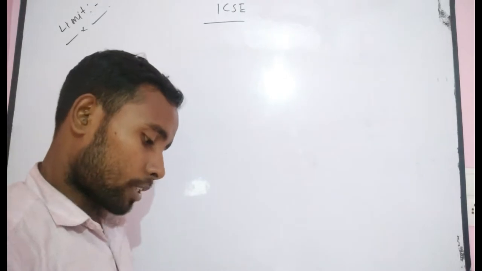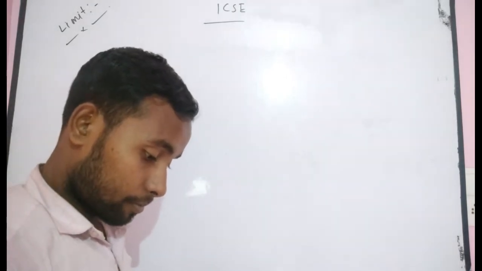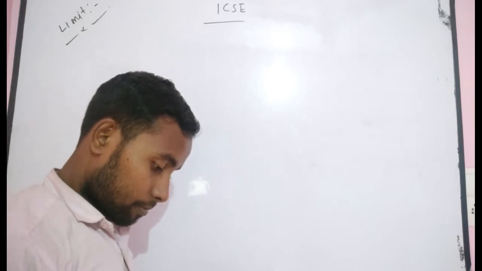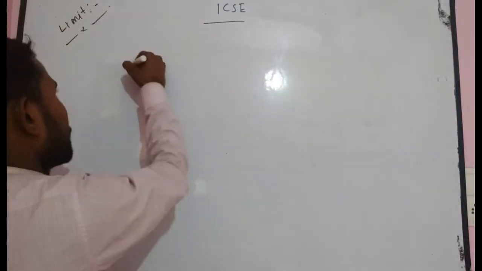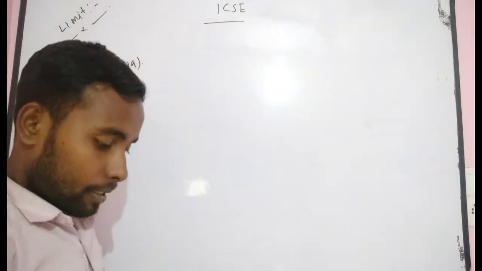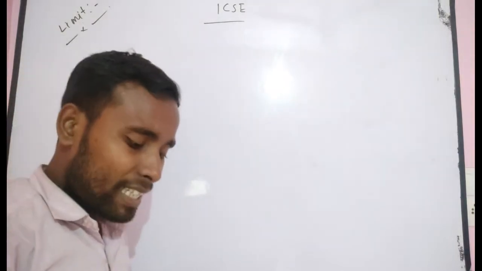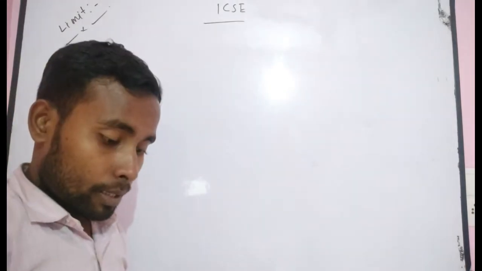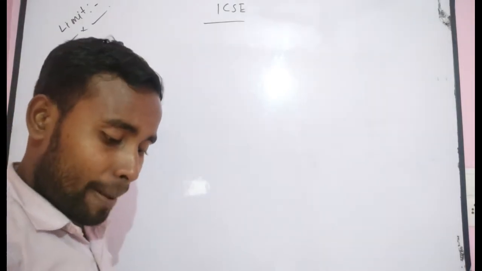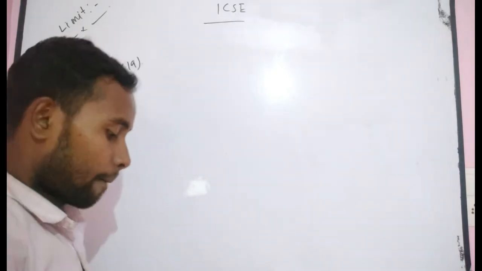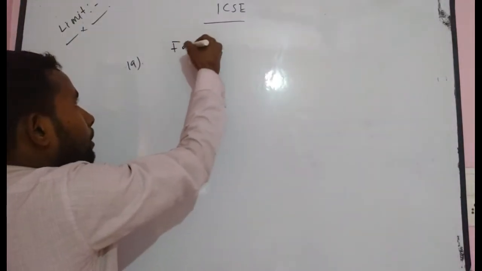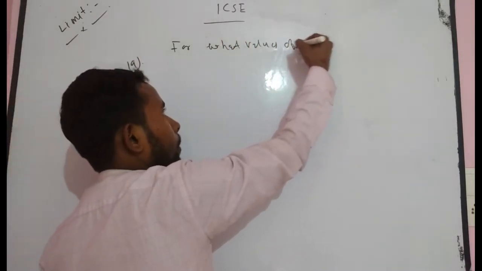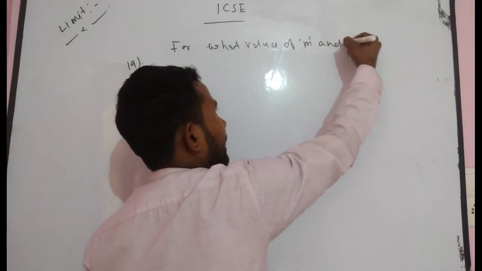In the next question, they asked you for what integer m and n both limit x tends to 0 f(x) and limit x tends to 1 f(x) exist. Write the first question: for what value of m and n